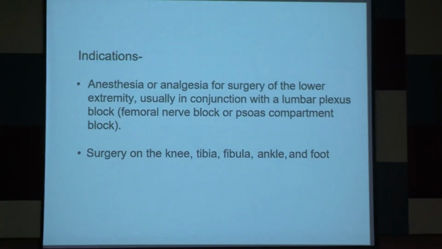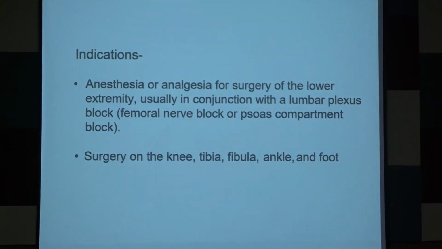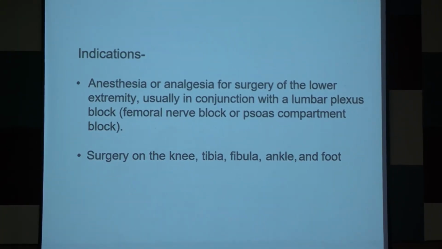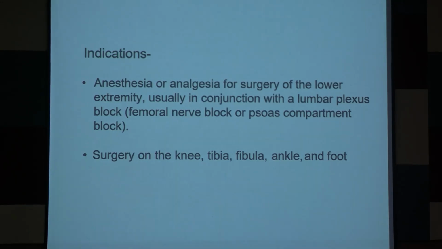So you see, anesthesia or analgesia for surgery of the lower limbs. This term analgesia is very important because generally we use these nerve blocks in adjunct to some other anesthetic procedure. Like, we can give spinal anesthesia and along with it one more nerve blockade, because when the spinal anesthesia weans off, the nerve blockade will still remain and provide analgesia to the patient. We can give general anesthesia and give a nerve block. Why? Once the patient comes out of general anesthesia, the pain will start. But if you provide a nerve blockade, there might not be complete anesthesia, but there will be analgesia. The patient will be pain-free.